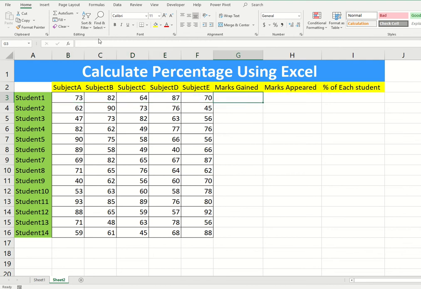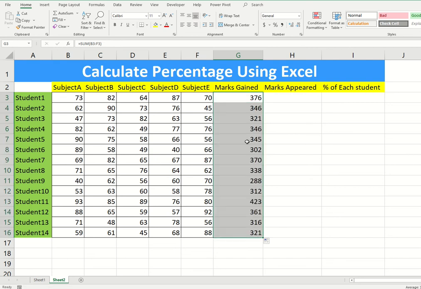So you can come here, select the auto sum and then press enter. To drag and drop any formula, once you are done with the formula, you can come to that plus symbol. Either you can drag and drop, or you can simply double click on that plus symbol, so that Excel will automatically do it for you.